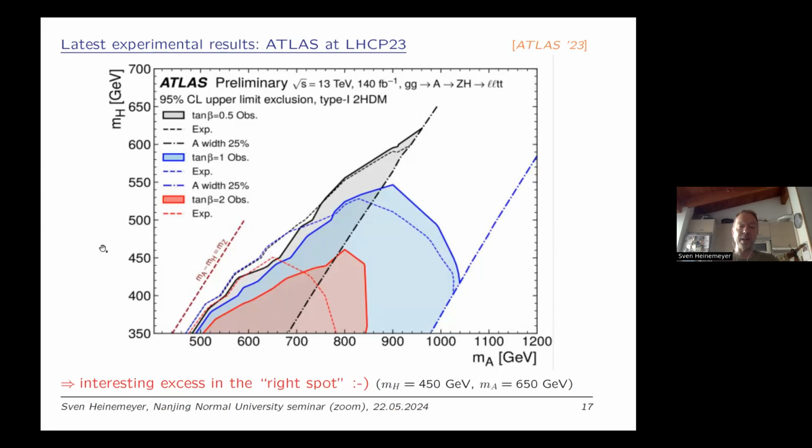Now they have here the plane m_A versus m_H, and look at the results for tan beta equal to 2. This is the expected area. This is the observed exclusion, and they don't really agree with each other. They don't agree because over here, ATLAS observed an excess of events, nearly 3 sigma excess of events, which for us was very interesting, was in the right spot. It had more or less these masses that is really, I'll show to you, in the zone that we were